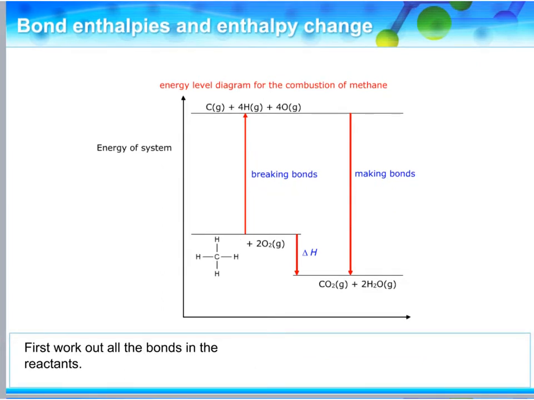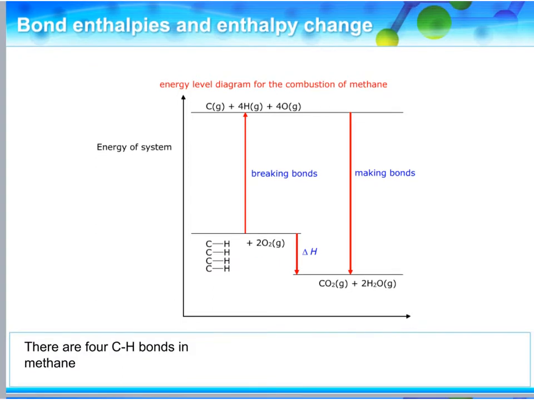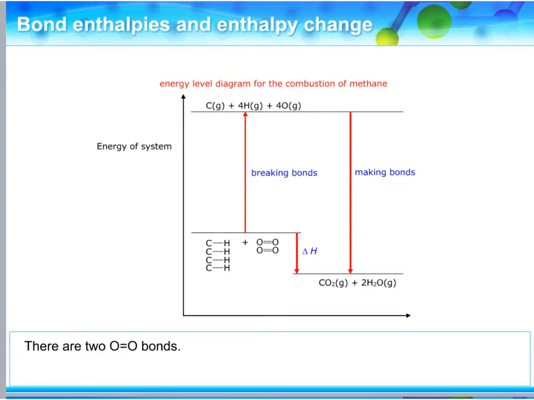So now the best thing to do is, if we now look at the reactants, the first thing you should do is to draw out the bonds. So methane, you can see, has got 1, 2, 3, 4 carbon hydrogen bonds, and oxygen, remember oxygen goes around as dioxygen, which is 2 O double bond O's. So if we look at in more detail, there are your 4 carbon hydrogen bonds in your methane. And then here are our two, so we've got two lots of oxygen bonds to be broken